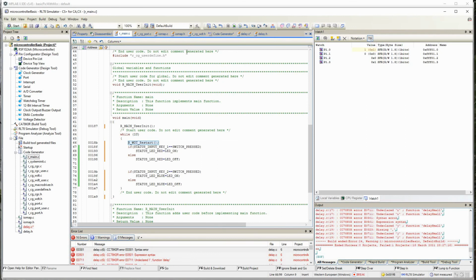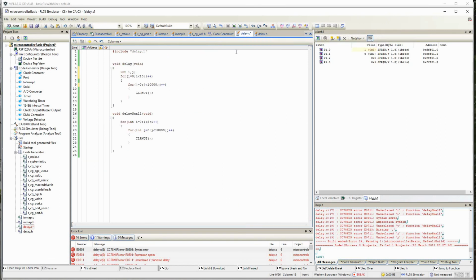So in PIC the watchdog timer was incrementing from 0 to 255 and then resetting. In Renesas it decrements from 255 to 0, and when it hits 0 it will restart. That's an internal difference, it will not matter to us. We are just going to call this function instead of this, and let me just do this below function also.